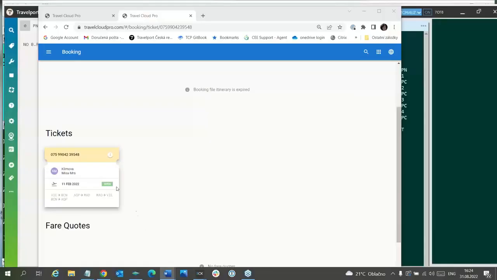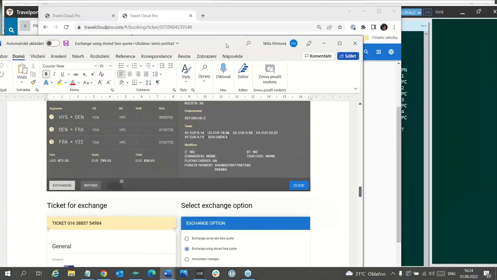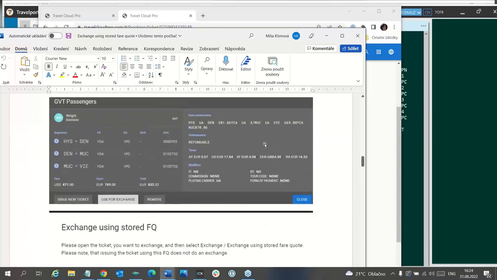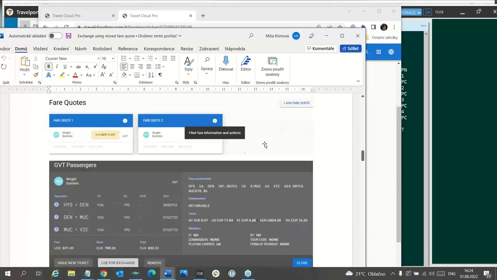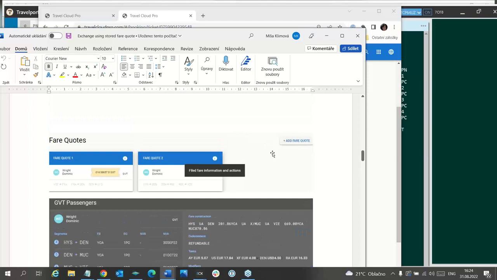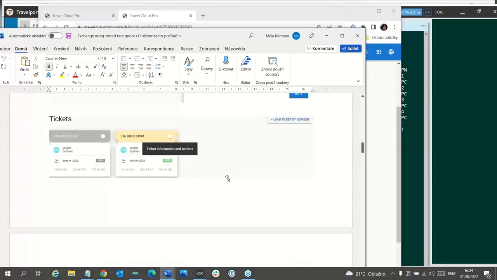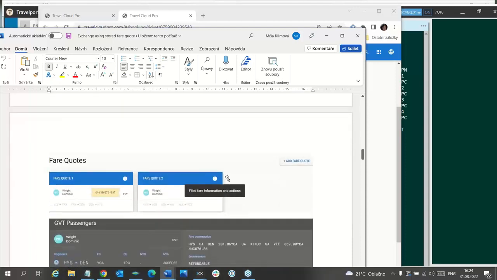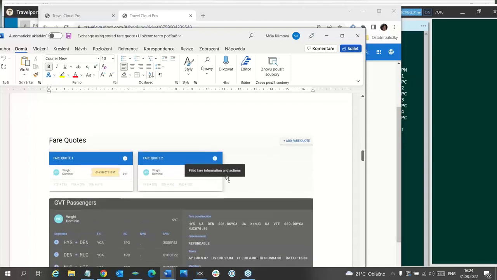It can be any... oh, this one is not here. Normally, I will show you some other example, but what I would like to tell you, normally passenger type code is ADT.